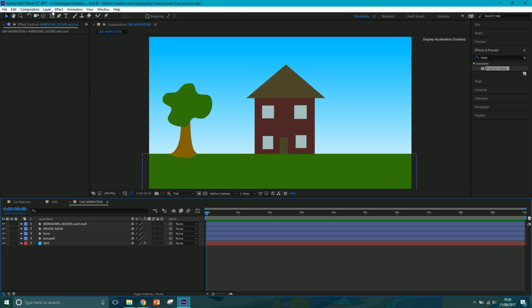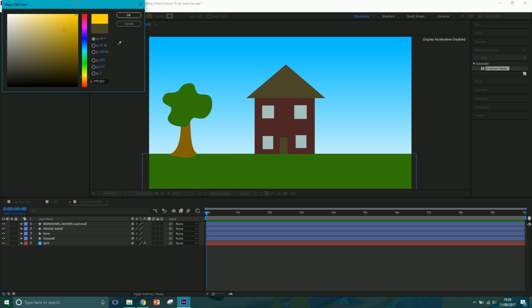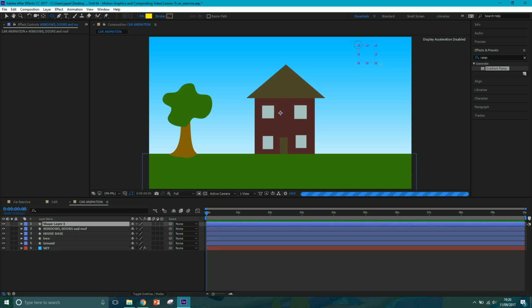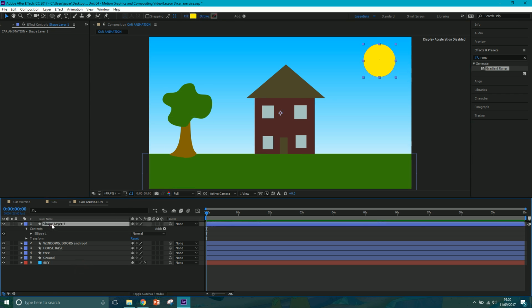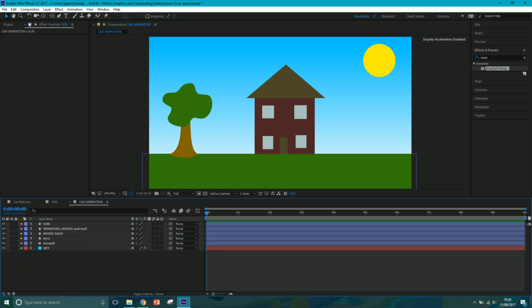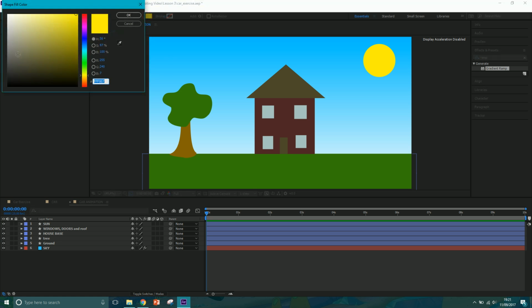So next, let's do the sun. So make sure you're on a new layer, let's get a yellow, and just click, hold down. There's our sun. That one's fairly easy, and rename it sun. And I'm going to get the pen tool next. So click. I want a grey for the cloud,